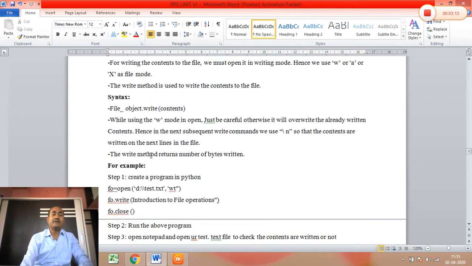For example, what is the syntax of the write method? file_object.write, and the content you want to add into the particular file, you have to type here. That means the syntax is file object dot write, in brackets the content that you want to add into the existing file. While using w mode in open, be careful,